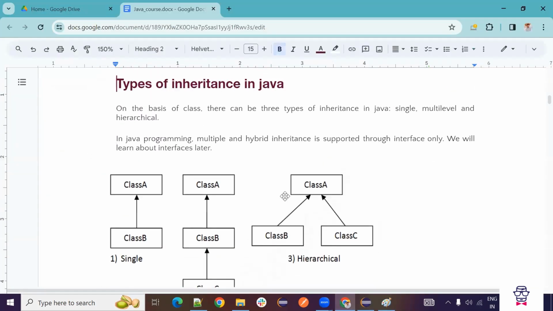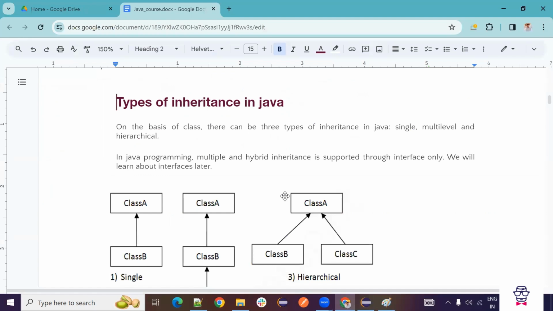So next, types of inheritance in Java. Now we saw how we can inherit, or how we can extend a parent class to a child class. Now, what are the types of inheritance? So there are three types of inheritance: single level, multi-level, and hierarchical. So we will see what each one is.